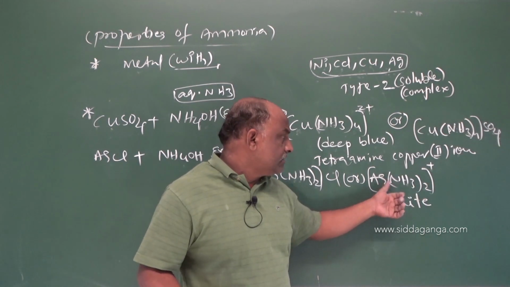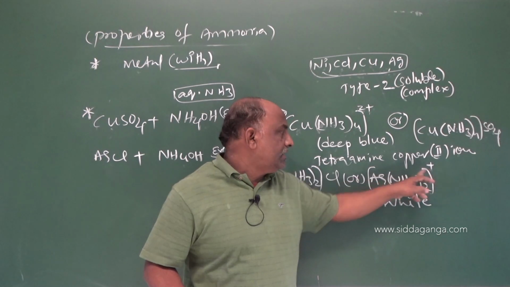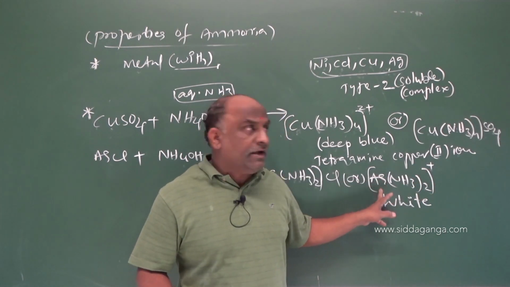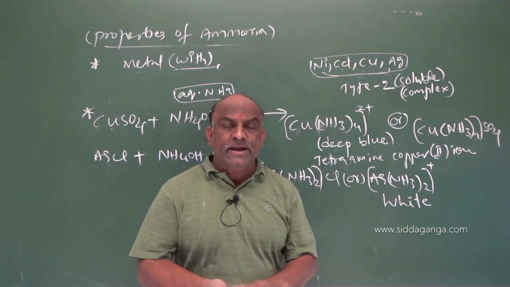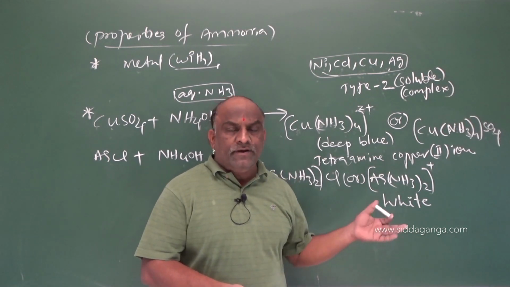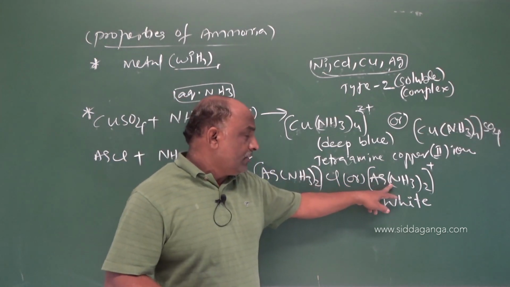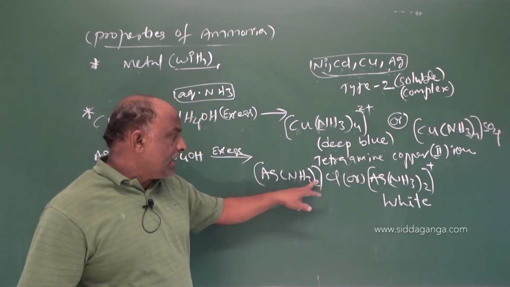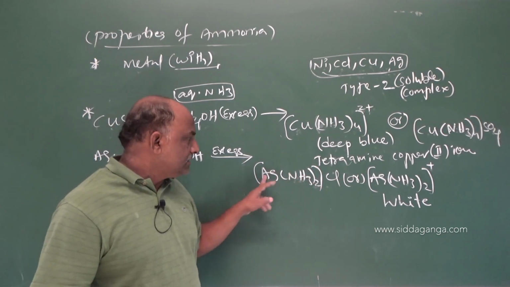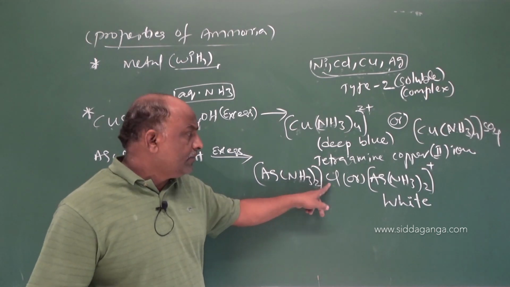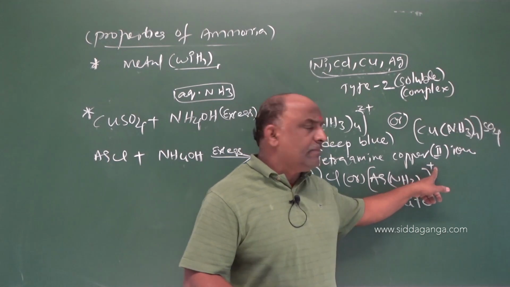Because of some other species taking place, we should write argentite, aurate, cuprate. This will be in complex compounds, the IUPAC naming of the different types of complex compounds. We will discuss it there. So here, what will be the compound name? This compound is diamine silver 1 chloride. Why is it 1 chloride? Chlorine valency is 1, due to that here we should write +1 only.